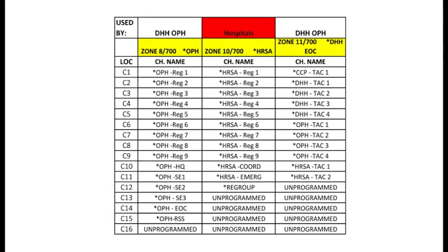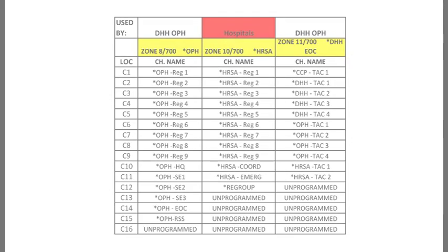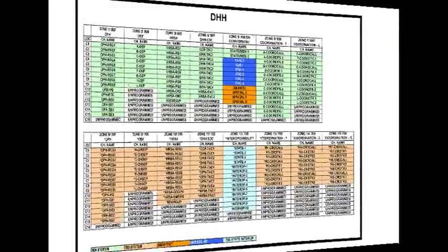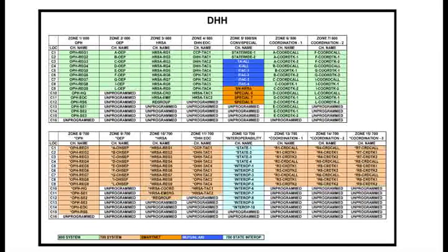The hospitals use Zone 10, which is named Star HRSA on the fleet map. Printing this modified map might be useful to find the channels that you would need during an event a little easier. To find specific channels in different zones using the fleet map, the first step is to find the channel